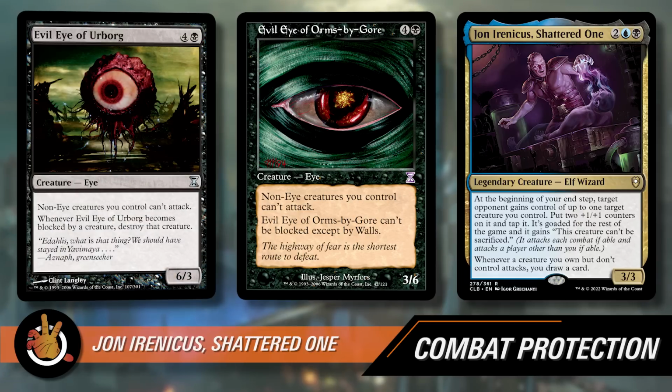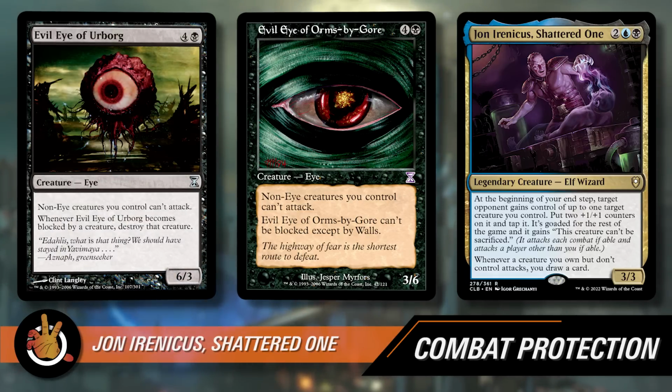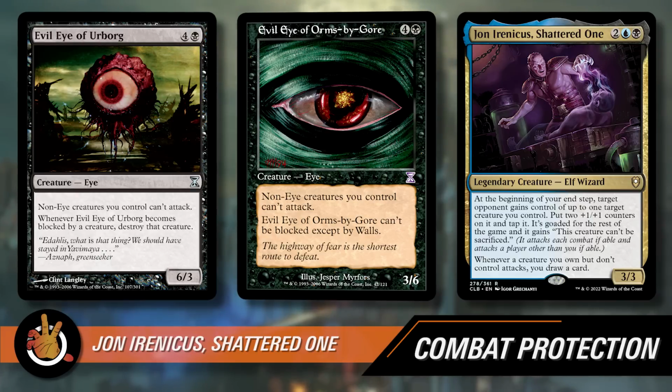There's also Evil Eye of Urborg. Non-eye creatures you control can't attack. And then whenever Evil Eye of Urborg becomes blocked by a creature, destroy that creature. Yep. Does something very similar, makes it so that your opponents can't attack. Yeah, it's an 8/5 in this case, because it's normally 6/3. And then there's some